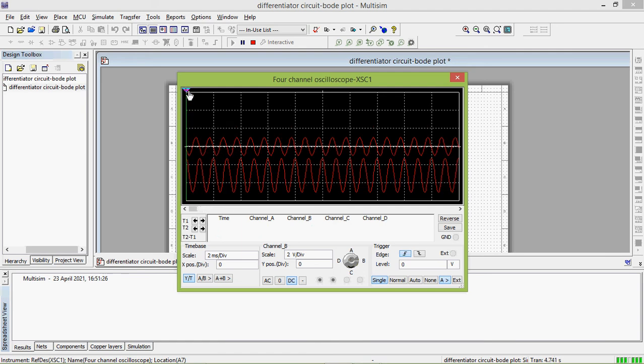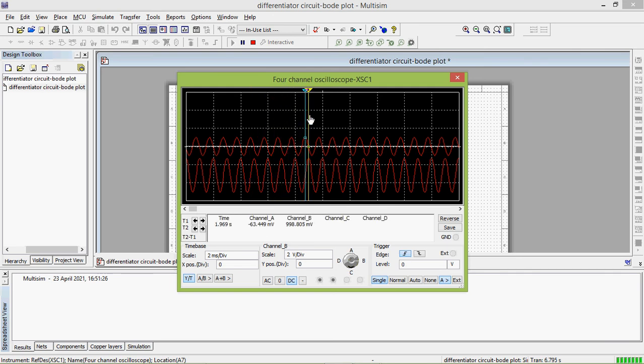If you want to find the amplitude of a signal, I'm finding the amplitude of the upper signal. I'm using these two spikes, one yellow color, another blue color. The blue line is T1, the yellow line is T2. I'm keeping T1 at the maximum peak value of the upper signal. You see T1 at channel B, where we have connected. This is how you need to calculate the amplitude.